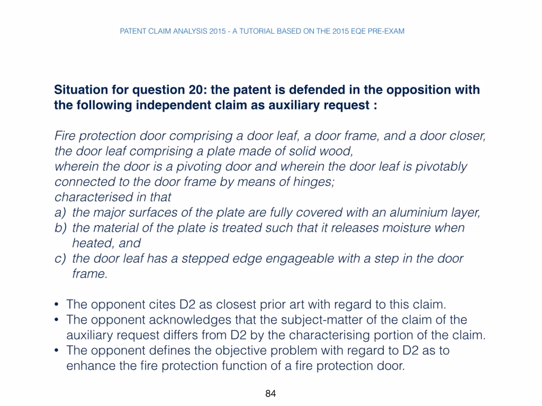The patent has now been defended in the opposition, and the following independent claim has been proposed as an auxiliary request. I'll read the claim out to you, although the whole claim doesn't really come into the questions that are asked later. Fire protection door comprising a door leaf, a door frame, and a door closer. The door leaf comprising a plate made of solid wood. Wherein the door is a pivoting door, and wherein the door leaf is pivotably connected to the door frame by means of hinges,